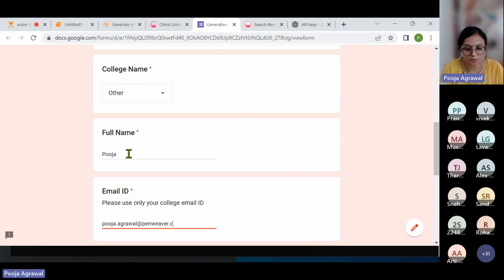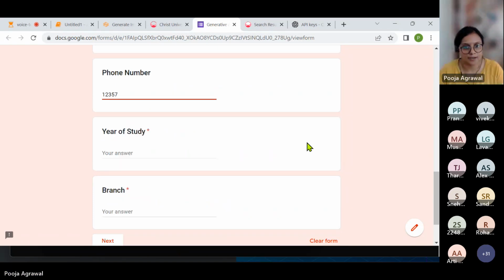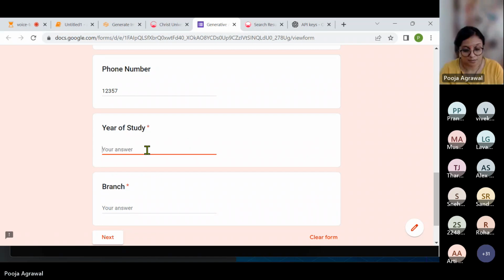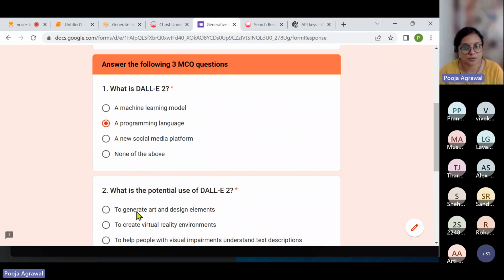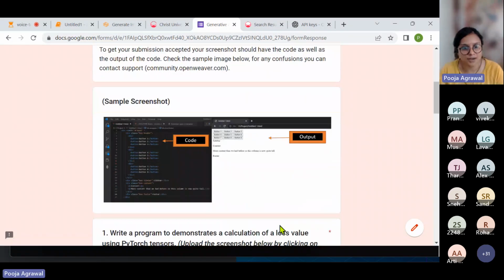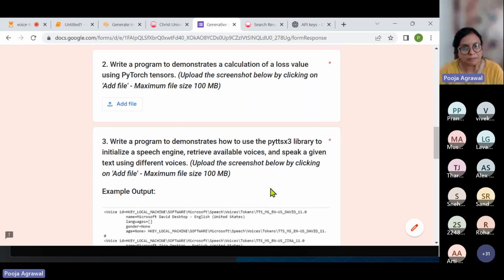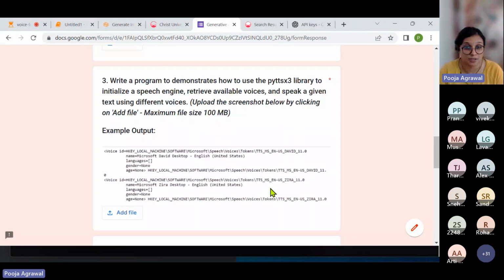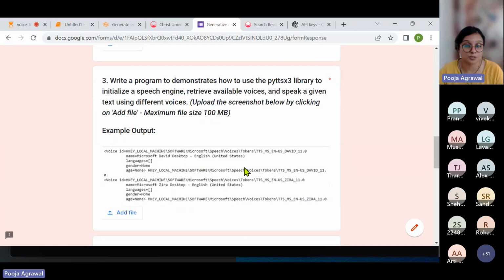you will get a similar pattern of very few MCQ questions, simple ones. And maybe I'm a second year of study. Okay. And then I go to the next where I see my answer questions. This is the important part, where they help you put up your mind as much as possible. I know these look a little different, but that's how this will make very interesting solutions that I see across from a couple of you.